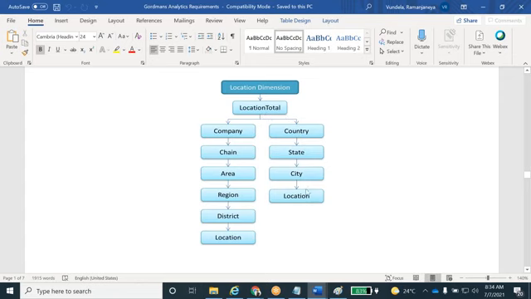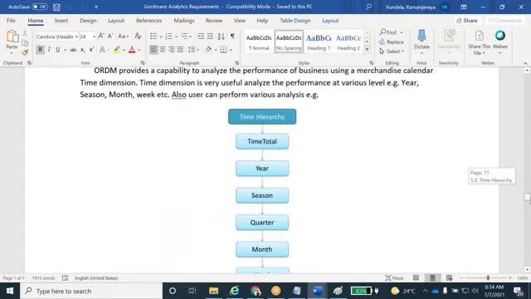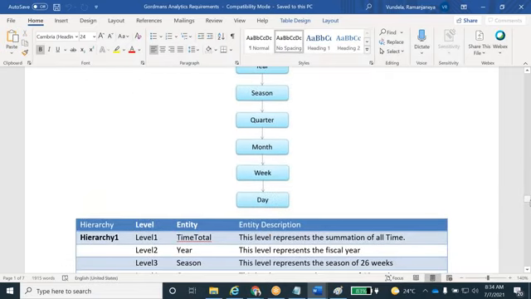This is the same, guys, but the naming convention is different. This is our India level, and this will be the US level. They call it a region. We call it state, city, all those things, but they say region, district, location, and area in the US. This is the difference. And this is a time dimension: year, season, quarter, month, week, day.